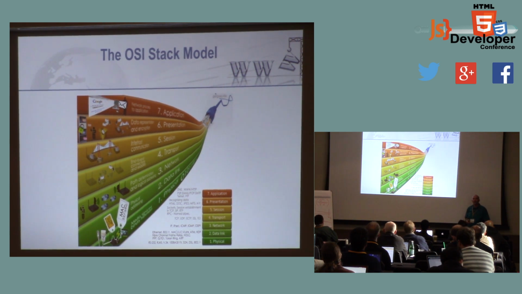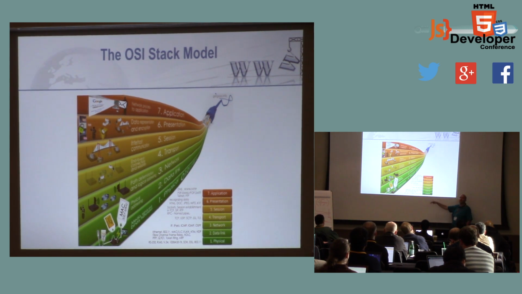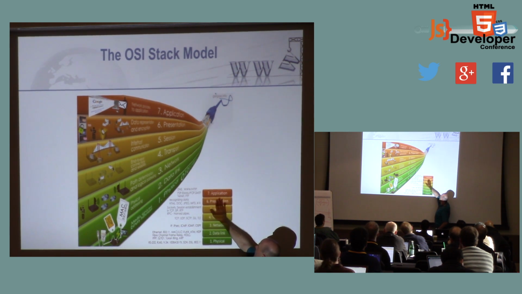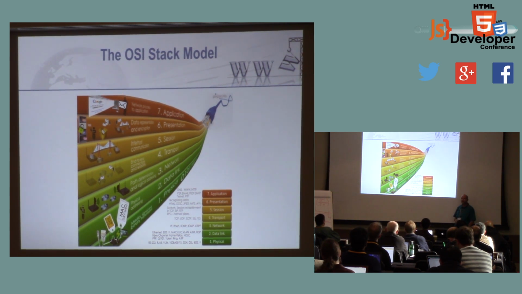What's the format for a GIF? What's the format for a JPEG? At the very top of the stack is where our friends live: HTTP, HTML, things like this. At the very top, users interact with applications. This stuff is all supposed to be hidden from you, and unless you're a geek, you should never see anything below here. The whole point of the structure of the stack is that you don't have to worry about anything below it. It's all hidden from you.